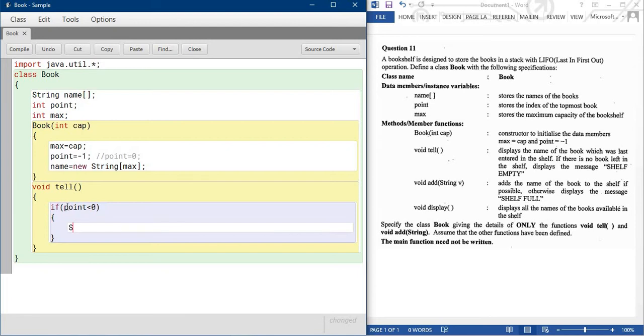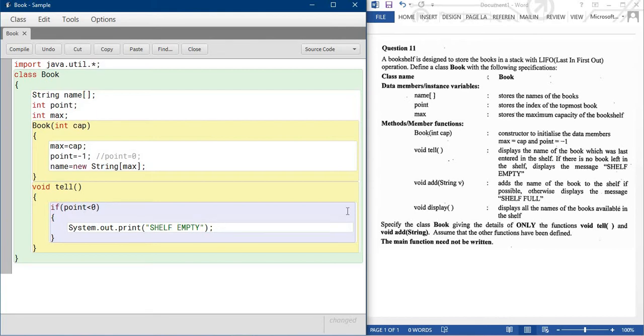So here I am writing System.out.print("Self empty") with a capital. This message is written down.